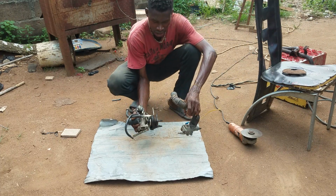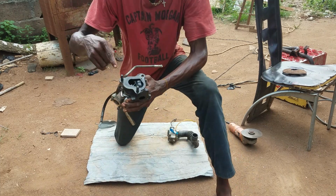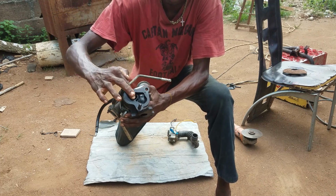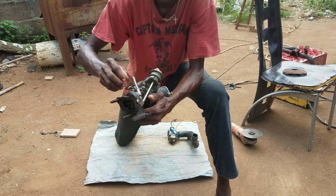So this is actually the turbo. As you can see what I was talking about here, you can see oil coming out from the turbine. You can see that. So because of that, it's really very long. See, so this is where the oil goes in, and once it goes in,